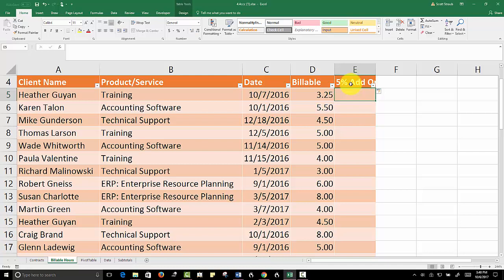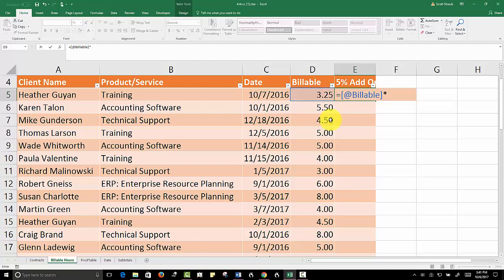Step 24, it says build a formula in E5 to multiply D5 by 105%. This is where you have to break out your math brain. Well, first of all, we need to be right here in E5. If I click equal sign, that means I'm about ready to type in a formula. And then there's a couple different ways to do this. It wants us to multiply D5. If I select D5, it'll already select it, or I could have just simply typed in D5,